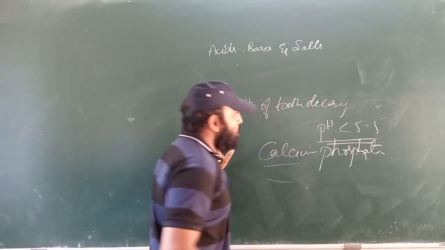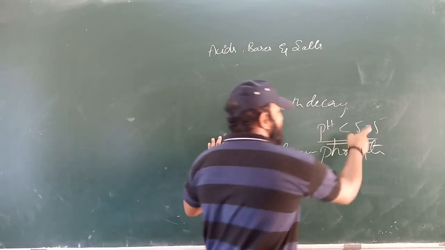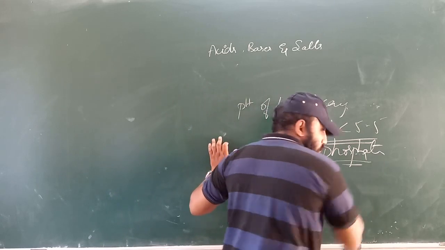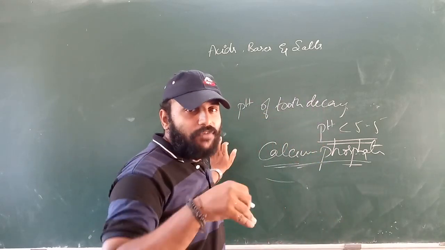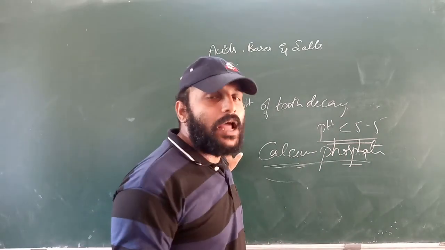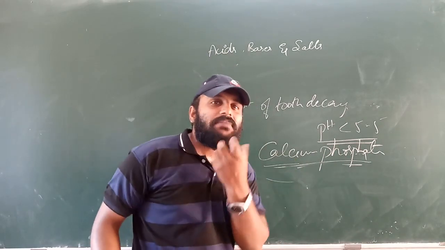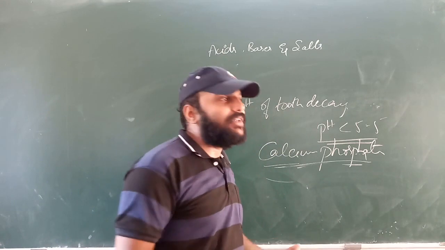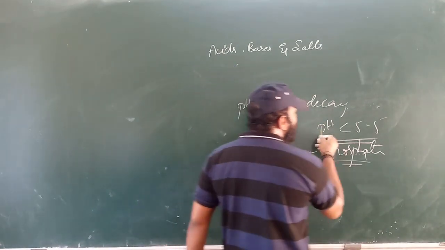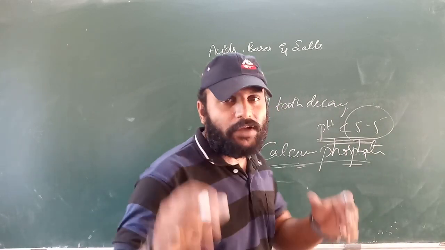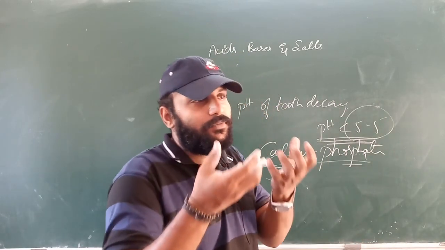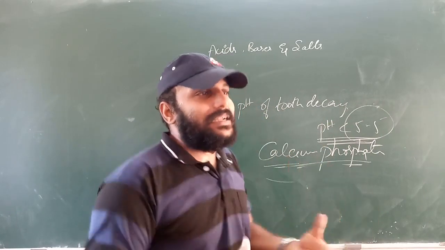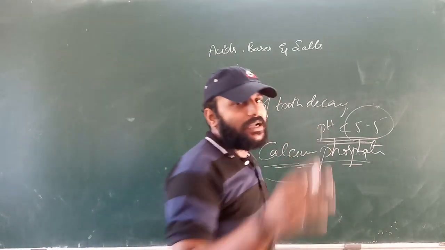As I said, tooth decay happens only if the pH value is less than 5.5. Our tooth enamel is made of the hardest substance in our body, calcium phosphate. Saliva before meals is basic in nature, but after taking food it becomes acidic. The bacteria present in our mouth start producing more acid, due to which the pH value decreases. If the pH goes on decreasing below 5.5, due to the sugar and food materials present in the mouth, the bacteria will create acid.